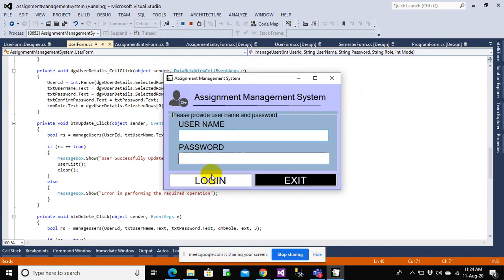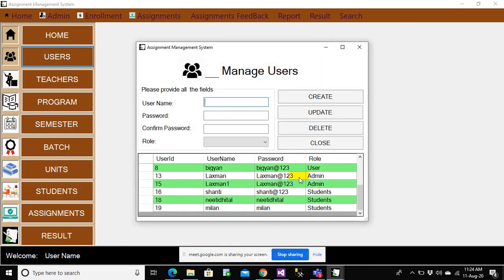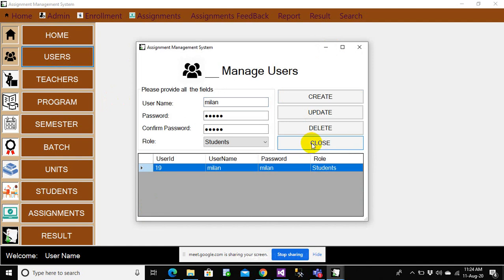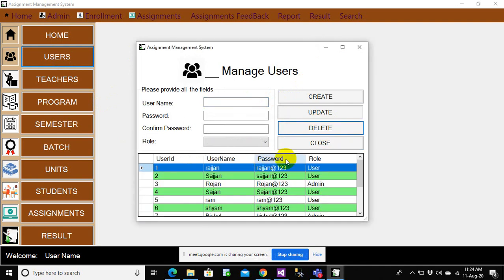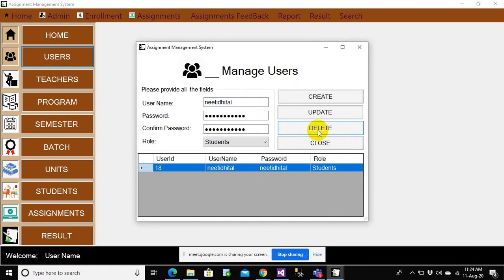Let me click login. Let me go to users, and let me delete unwanted fields. Let me delete this.